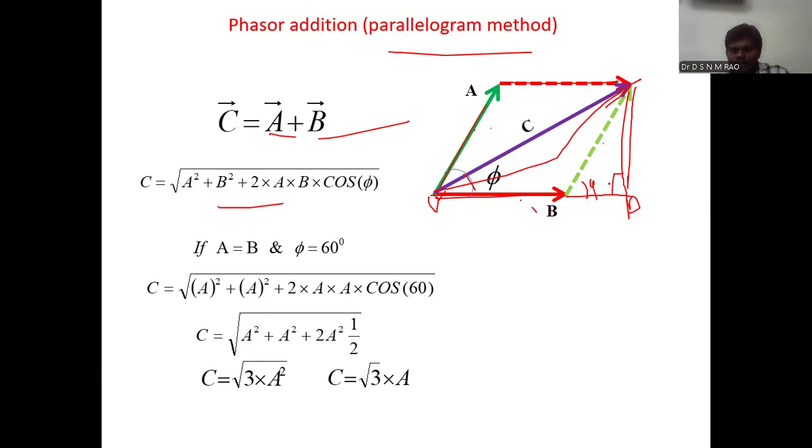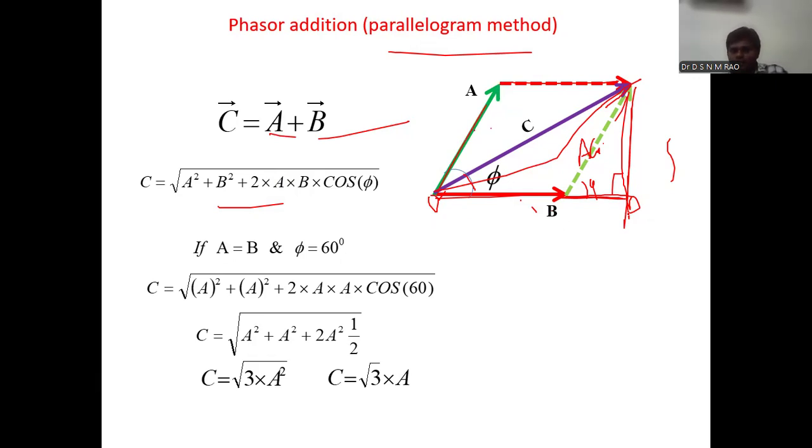B. Similarly, BC is nothing but A. Here BD equals A cos phi or cos theta. Similarly, CD equals, this is a parallel line, CD equals A sin phi. If you substitute into OB plus BD whole square plus CD square,